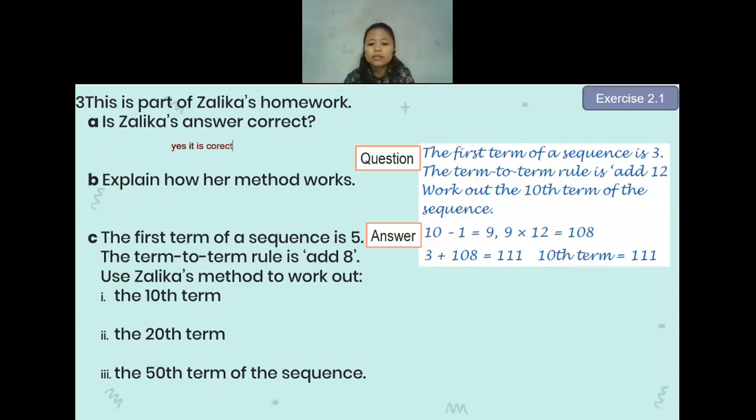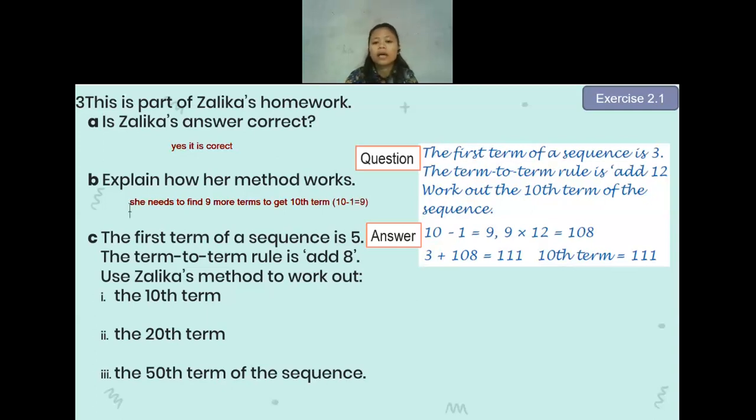And then how did she get the answer? Because she already has the first term, and she is going to find the 10th term, it means she needs to find 9 more terms to get the 10th term. So how do I get 9? I get 9 by subtracting the one that I'm looking for, the 10th term, so the number 10, and the one that is given is number 1. So I will just write it as 10 minus 1, which is equal to 9.